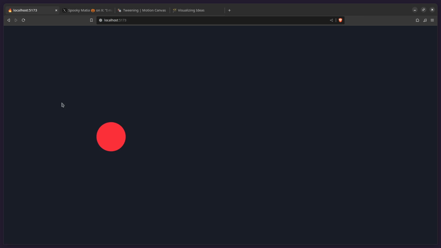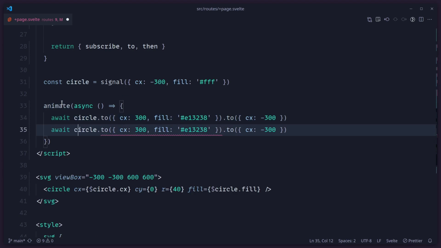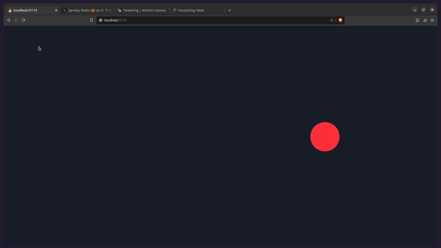Alright, but we actually have a bug in our code. So for example, let's say that you do some animation, you do something else, and then after a while you want to reuse this same reference, and you're like, okay, this should run 2 times, right? But actually this is going to run 3 times. So let me just save this, and let me just restart. So let's go. So this is going to be 1, 2, and 3. So it animates 3 times.